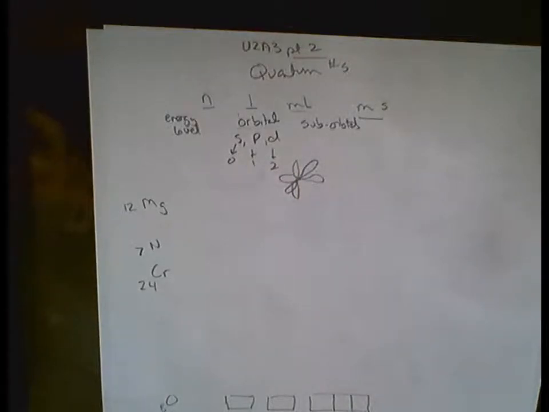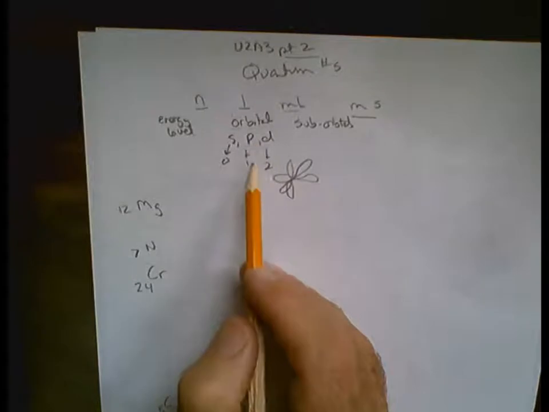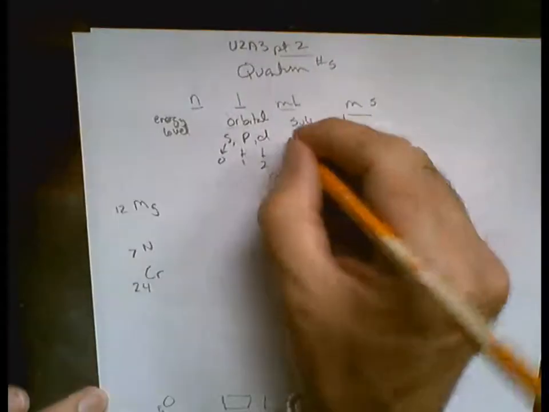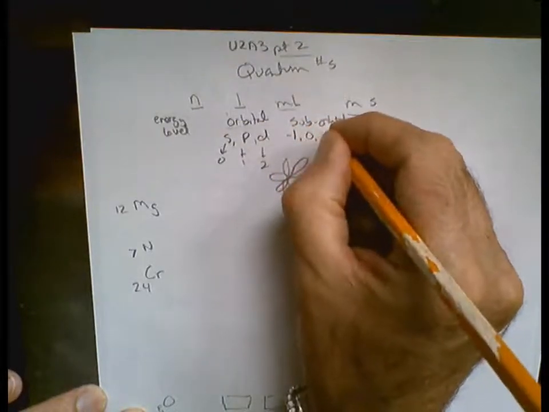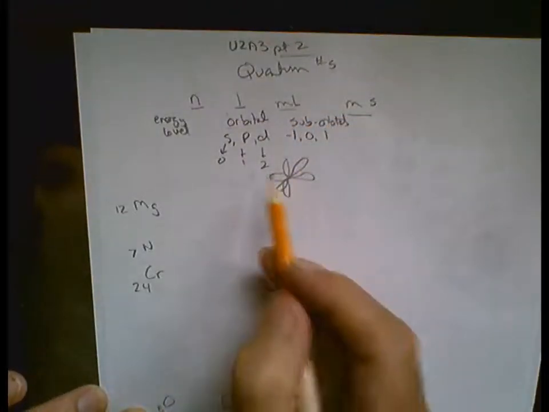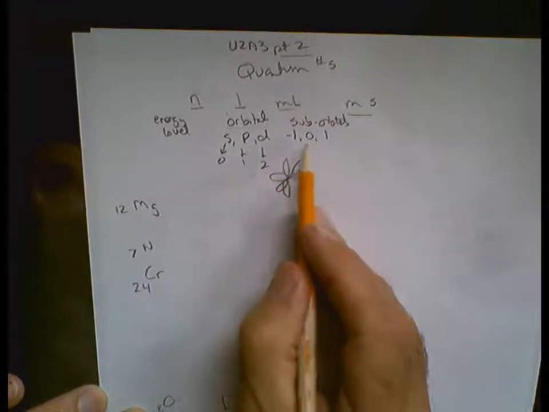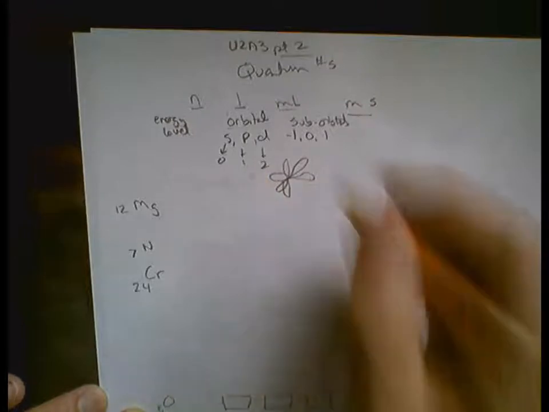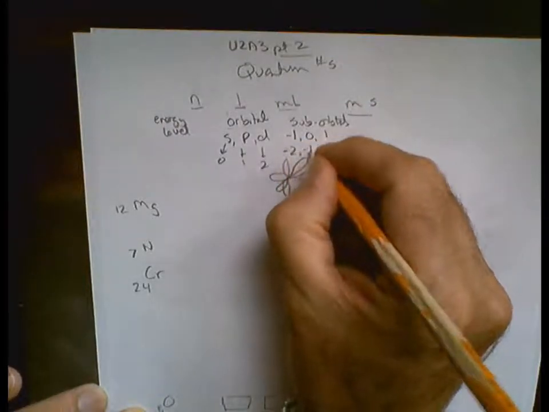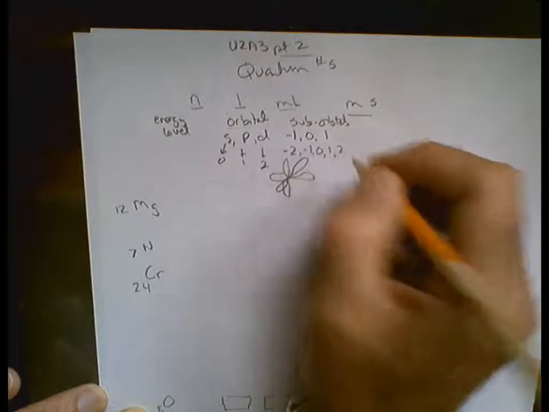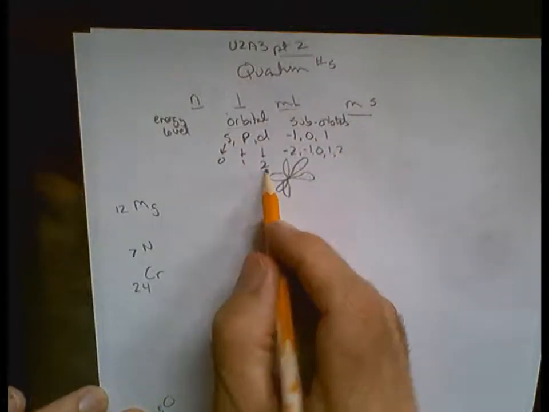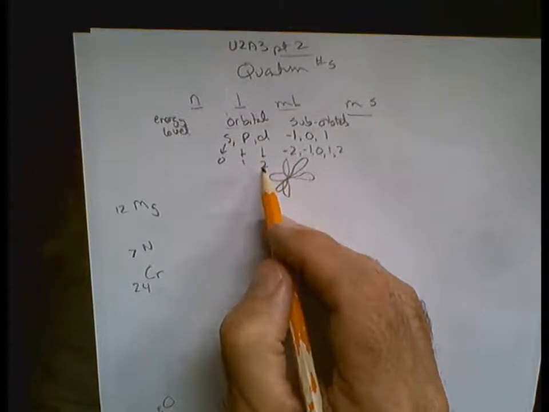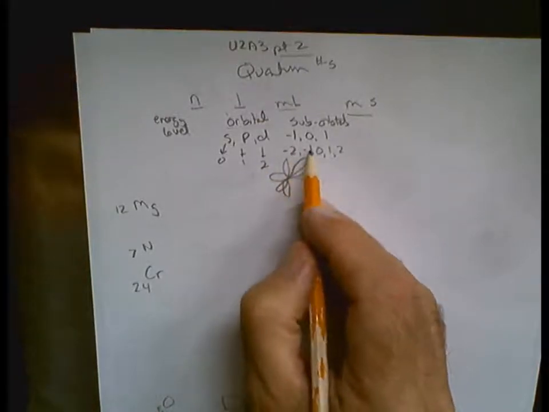I'm going to say something, I hope you catch this. When we have an orbital 1, the suborbitals can go from the negative to the positive of the 1. So we can have -1, 0, or +1. That's the p orbital, which has a magic number of 1. There are the suborbitals. Note there are 3. For D's, we can go from the negative to the positive. That's 5 suborbitals for the D's. If you remember doing box diagrams, the 1D box was split up into 5: -2, -1, 0, 1,